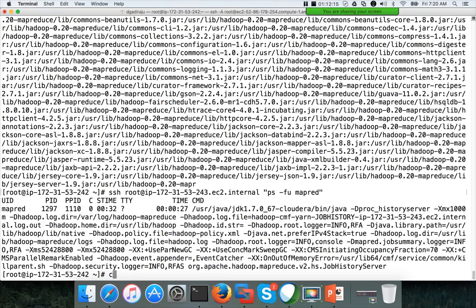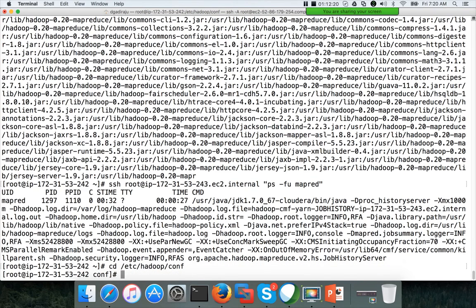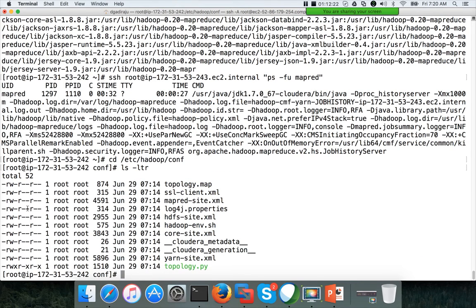So for parameter files, the location is /etc/hadoop/conf. Again, when we are using Cloudera Manager, this is not the original location where you will see all the current parameters that are being used.